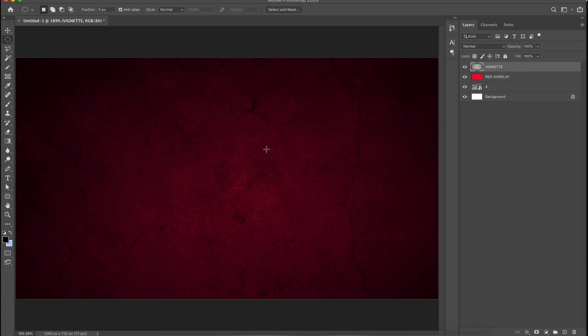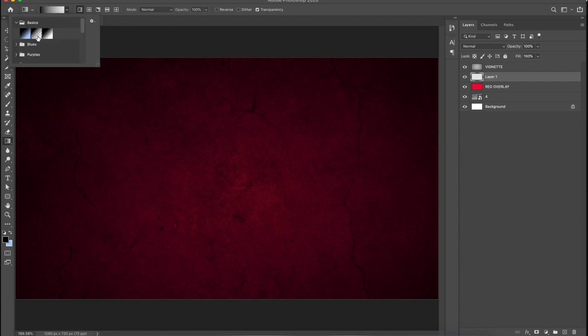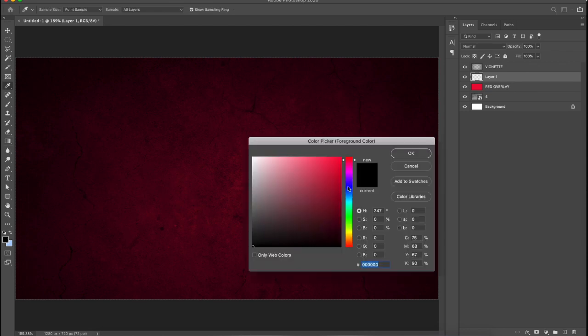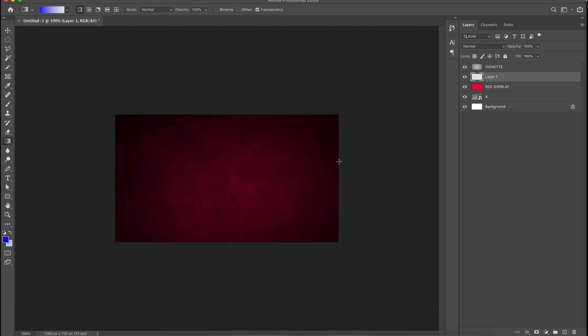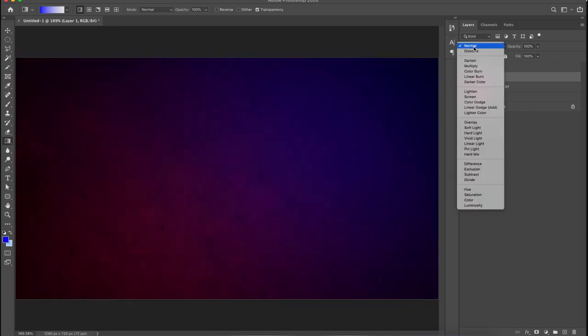You can also play around with gradients. Instead of filling your screen with a solid color, you can choose the gradient tool. It's right here. If you press G, you can activate it. Make sure that you've chosen the option with one color and remaining alpha. The checkbox that you see with my black color, this is 0 alpha. It means that there is nothing visible here. I'll choose something like blue, maybe dark blue. And if I use the tool and change the normal mode to multiply,